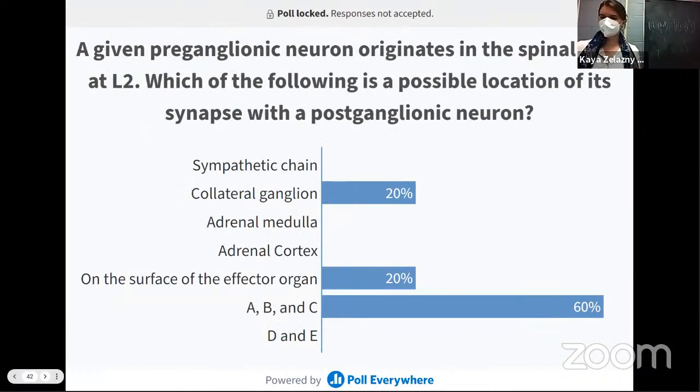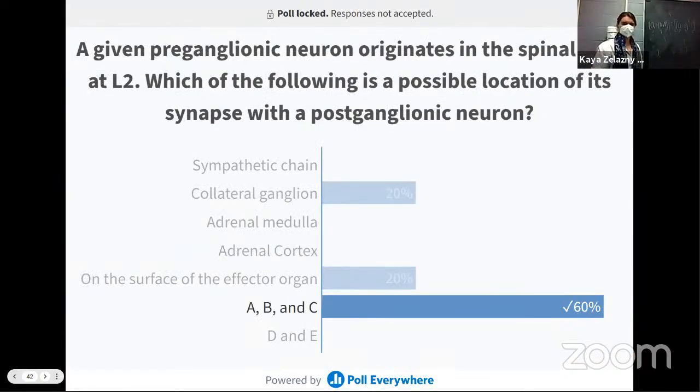Okay, great. So most of you got this one right. If we're starting in L2, that means this is a sympathetic neuron. Sympathetic neurons are going to synapse mostly in the sympathetic chain, so that's running along the spinal column in the thorax. They may also go out to collateral ganglia, which are just other ganglia, other little swellings out elsewhere in the